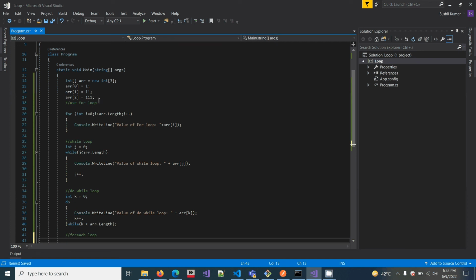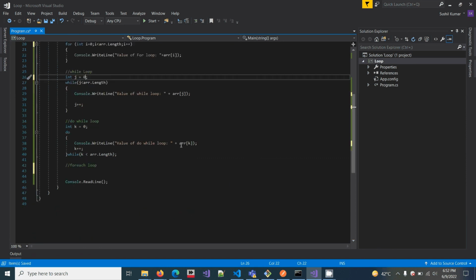If in a for loop I want to print values from index 1, then you can print. This is working. Same as a while loop, I can change it to 1, 2, the same as the for loop. Same as a do while loop, I can change it to 1, 2, as per requirement.